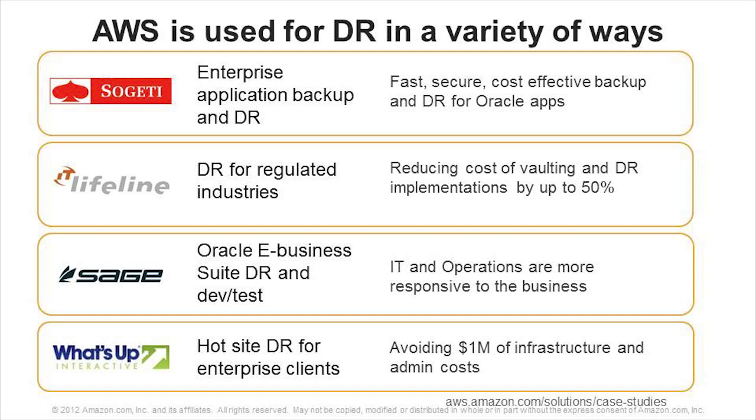But at the end of the day, AWS is being used to implement DR strategies in a variety of ways in organizations of all sizes. Here we have listed a few examples. One is a system integrator. We have a disaster recovery solution provider, a manufacturing company, and a digital media company. Each of these implementations represents a solution tailored to meet a unique combination of RTO and RPO drivers. So there are customers using AWS in a number of ways, from backing up and restoring web apps through to cold, warm, and hot standby for business applications like Oracle E-Business Suite, SAP, and SharePoint.